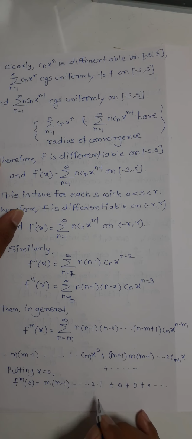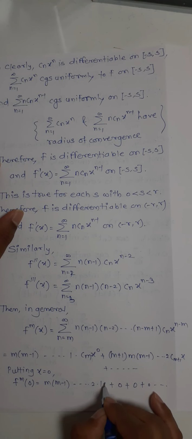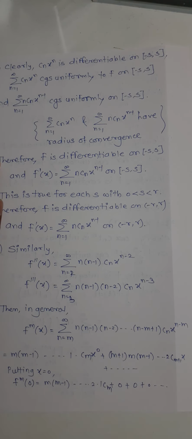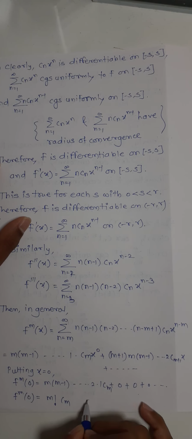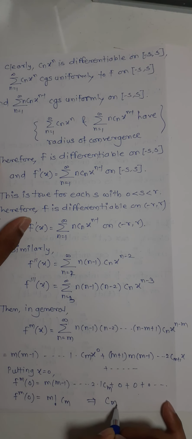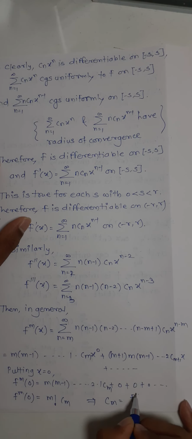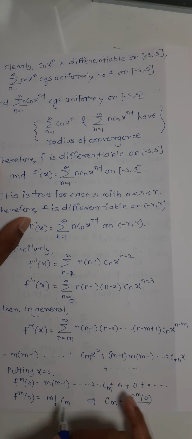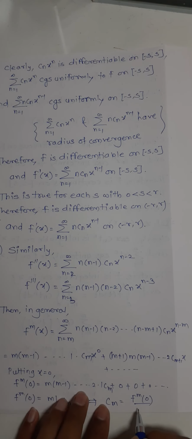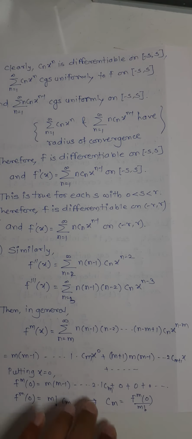So that means, oh sorry, I have to write cm here. So see, have you seen m, m minus 1, m minus 2, and so on, 3 into 2 into 1. So it's a factorial. So we get the mth derivative of f at 0 is m factorial into cm. Remaining terms are 0. So obviously, what is our cm? cm is the mth derivative of f at 0, and I am shifting m factorial to this side. So it is divided by m factorial. So this is the required cm.